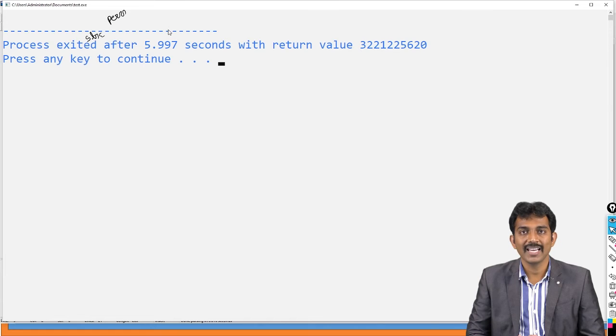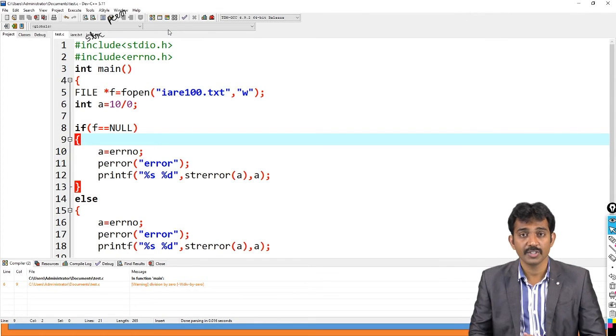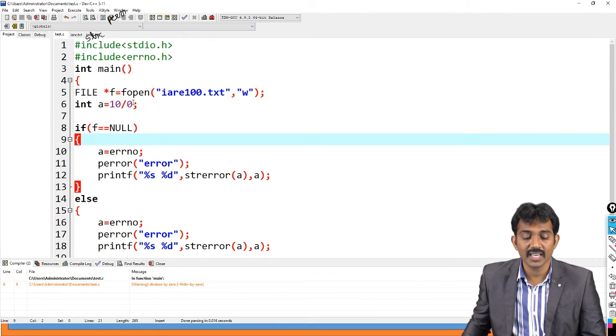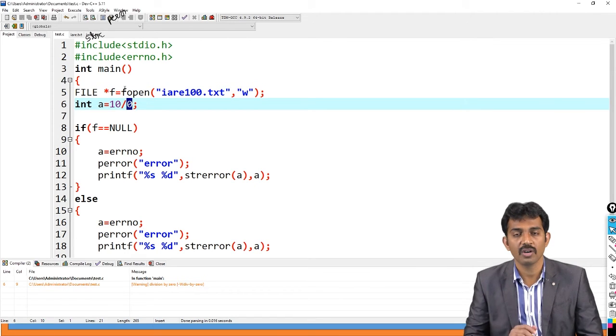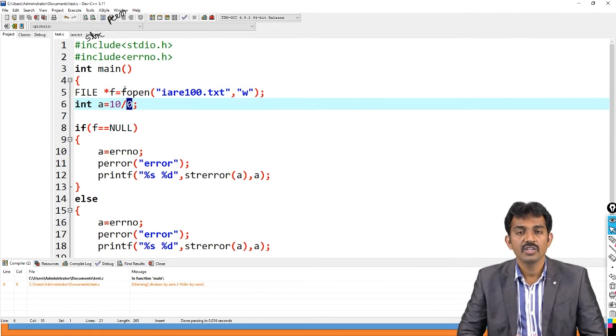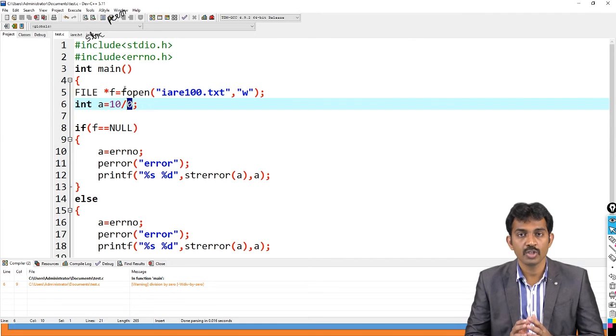The computer doesn't handle such kinds of exceptions. So you need to check whether a division is going to happen with 0 or not. Division is not possible with 0, so you have to print a message like this. Is this clear?